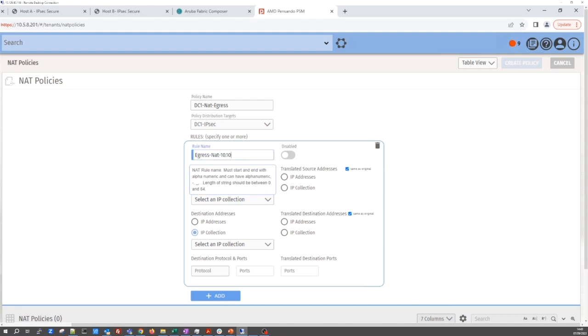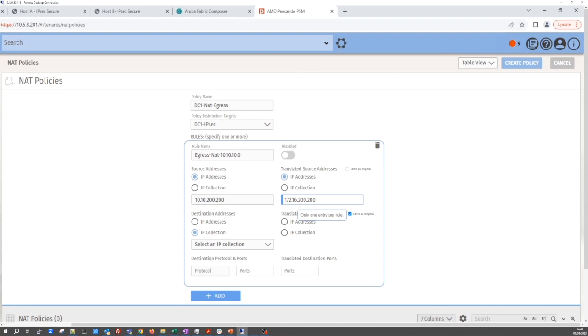And the source IP address is going to be the target for the rule, which is going to be 10.10.200.200,